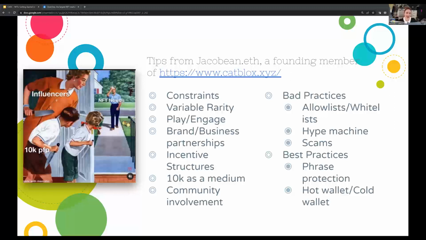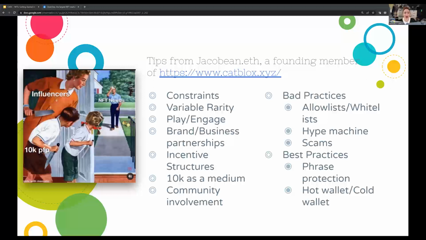Also, in terms of bad practices, or I should say in terms of best practices, make sure that you, again, protect your wallet phrase like you would a PIN code or social security number. Treat it in the same way. Another thing would be to have what's called a hot wallet and a cold wallet. You don't have to keep your cryptocurrency in a wallet connected to the internet all the time.